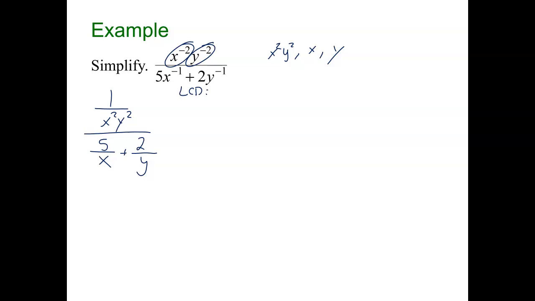That is for my denominator, but it does not include my numerator. Squared y squared. Because I just have to multiply x by xy squared and y by x squared y, and then they're all the same, right? So that's my least common denominator. So I'm going to multiply everything